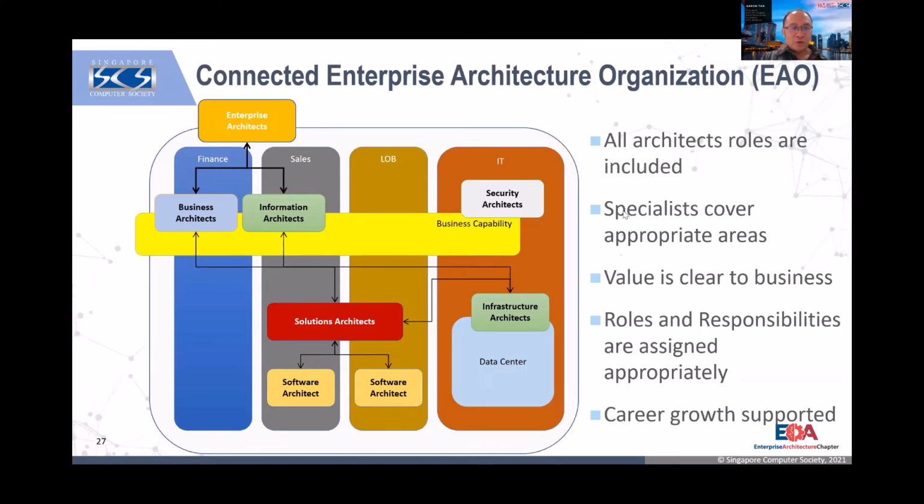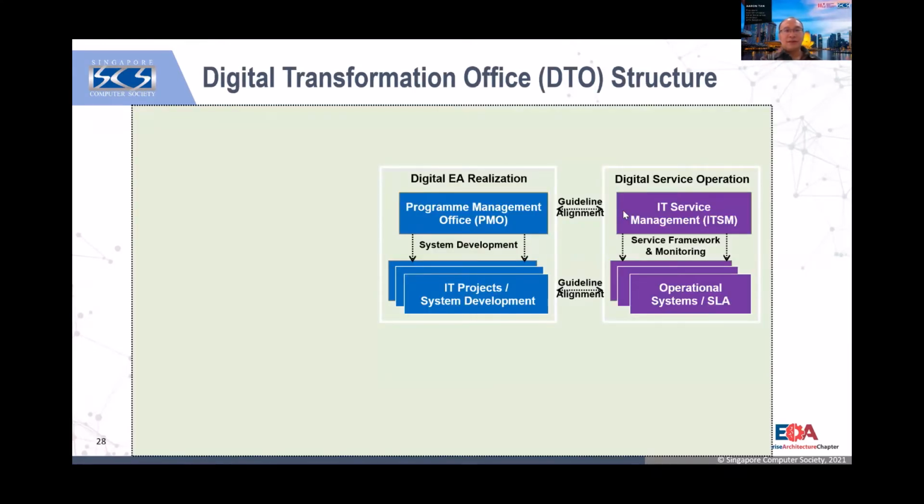That's why this type of structure is very, very important, because architects need to cover the entire enterprise, the entire organization, so that nothing gets left out. And we have full visibility on the business layer, application layer, data layer, infrastructure layer, and how the systems are rolled out in software development. So the model is something like this.